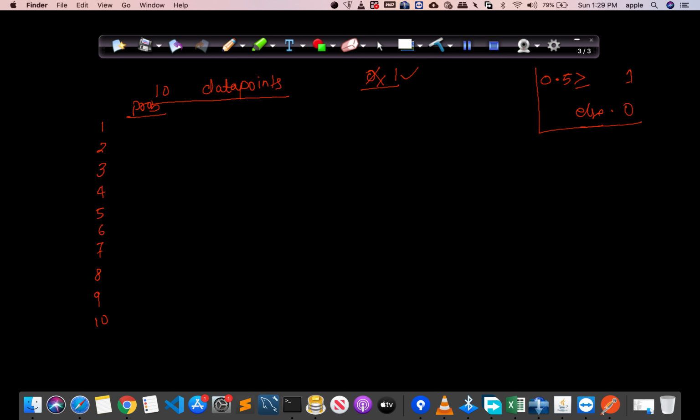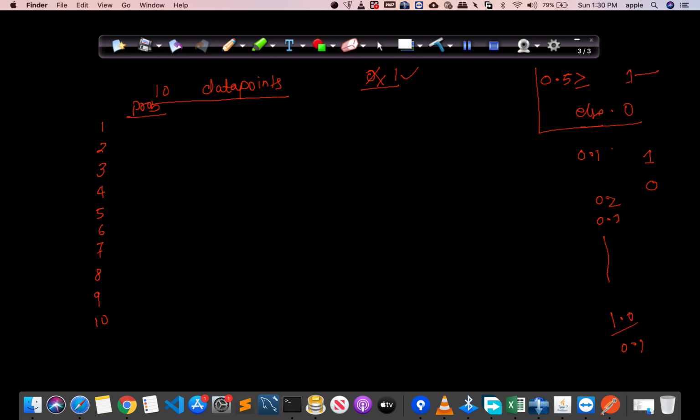Or even if you have not seen this, just for now you just remember that if the probability given by the model is greater than or equal to 0.5, we take a class of 1, and else 0. This is the default value, but you can take any value of your choice. You can take 0.1 also. If the probability is greater than 0.1, you will say class belongs to 1, otherwise class belongs to 0. You can take 0.2, you can take 0.3, and so on. You can even go till 1.0 or 0.9, any value of your choice you can take.